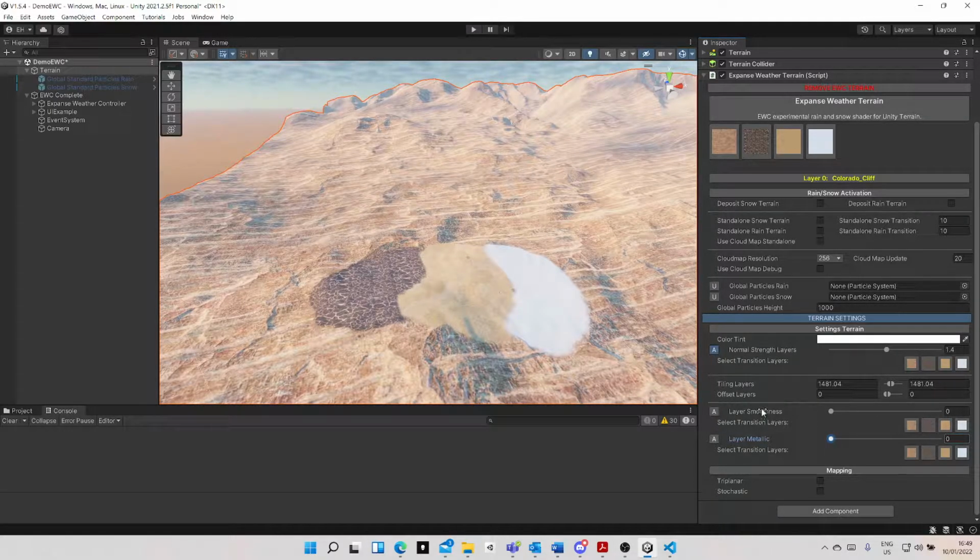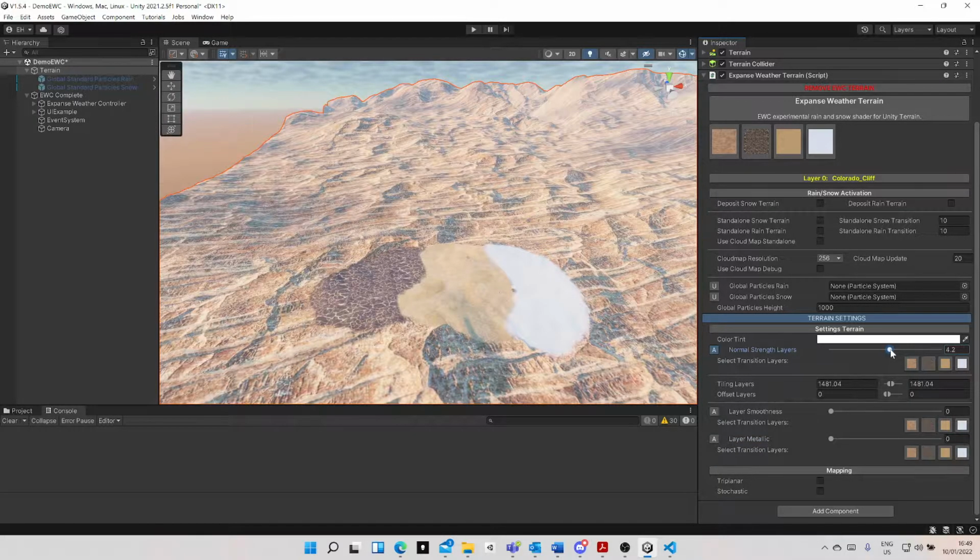If we toggle this, whichever layers we select will be animated via a lerp when we start up. So for instance, let's crank this up a little bit high so we can see the effect. So if I now select layer 1, which is actually layer 0 but layer 1, and we press play,